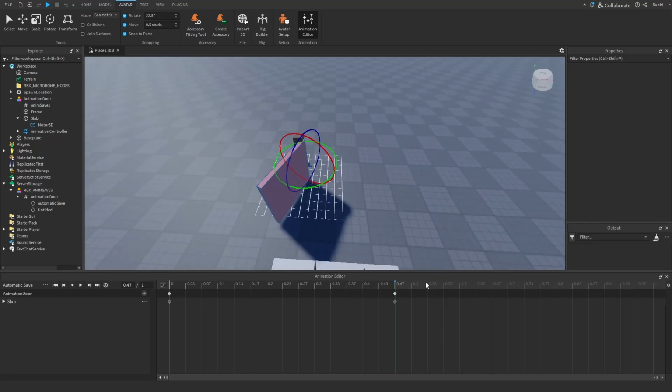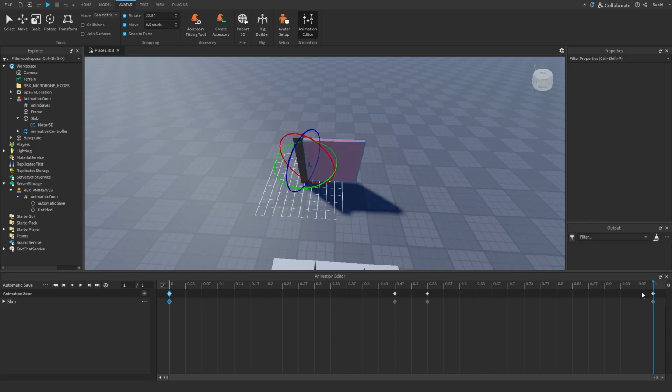And then what I'm going to do is I'm going to select 0.353 and I'm going to right click and press add keyframe. And this is going to make this part here where it doesn't move. And then I want it to close again over here. Now, an easy way to do this would be to select this keyframe at the front, press copy, and then go over here and press paste. And now we have this keyframe, which has a rotation of